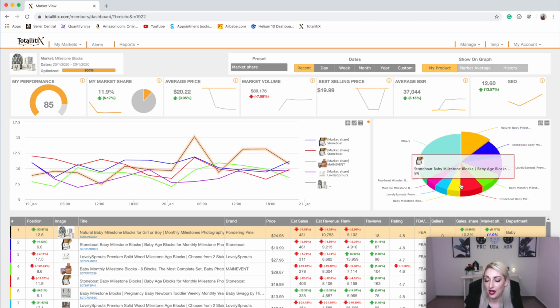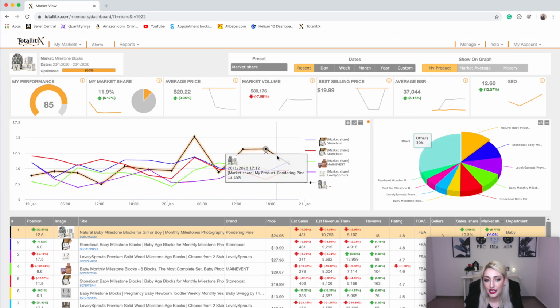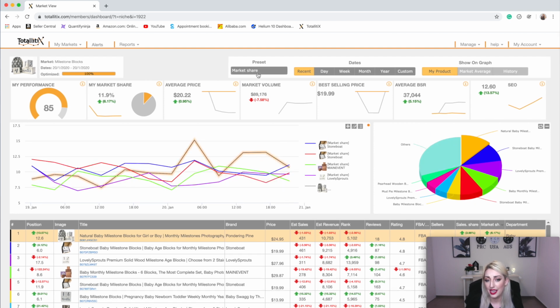Okay, and that pie chart, and then it shows you here 30%, which is others. So it's a lot of other smaller sellers, that it isn't even significant enough to show here. And then over here, currently I'm looking at, this is all filtered by the market share. Okay, so what percentage does each seller or each product have? It's not seller, it's what percentage does each product have out of 100%. Okay, which is what we can see in the pie chart, and now we can also see it here in